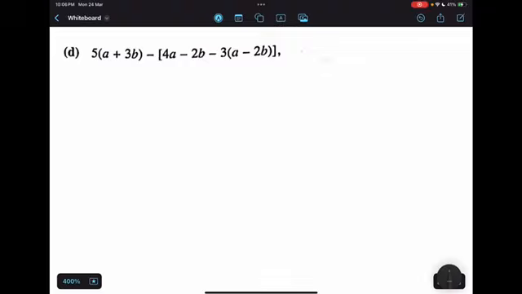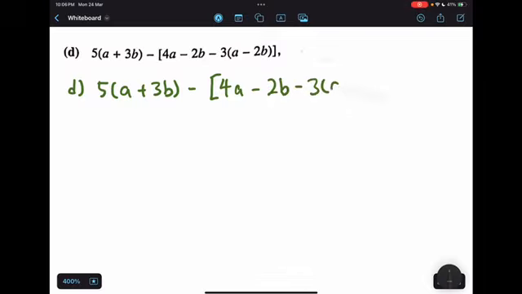Alright, next question, question D. D has 5 times a plus 3b minus 4a minus 2b minus 3 times a minus 2b. I want to use rainbow method once again to expand this bracket over here and the one that is inside. Remember, we are working from the inside out, so never do the square bracket before we do the inside round